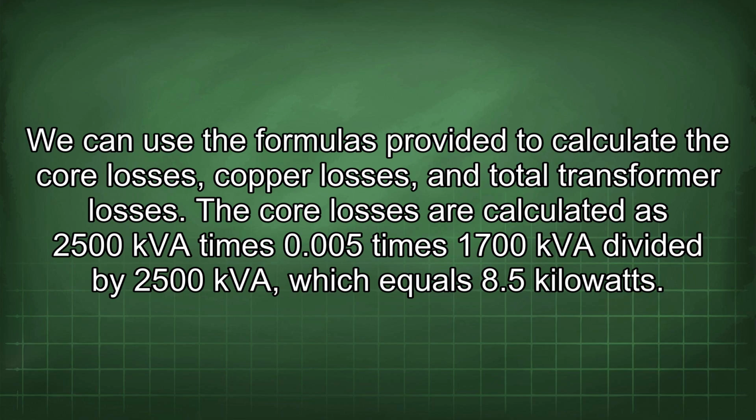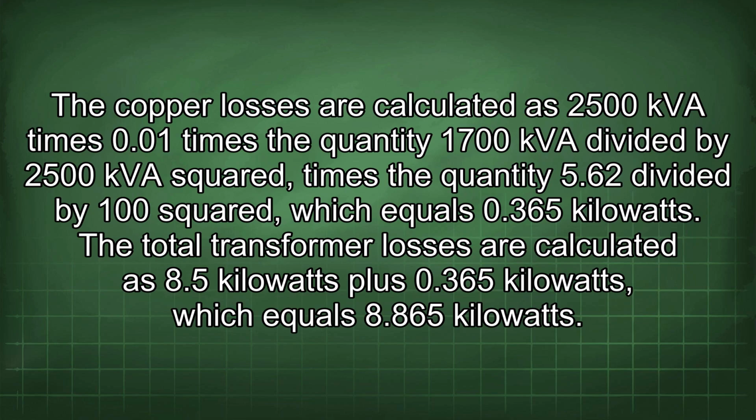The core losses are calculated as 2500 kVA times 0.5 times 1700 kVA divided by 2500 kVA, which equals 8.5 kilowatts. The copper losses are calculated as 2500 kVA times 0.1 times the quantity 1700 kVA divided by 2500 kVA squared times the quantity 5.62 divided by 100 squared, which equals 0.365 kilowatts. The total transformer losses are calculated as 8.5 kilowatts plus 0.365 kilowatts, which equals